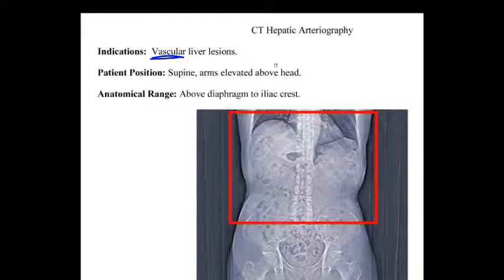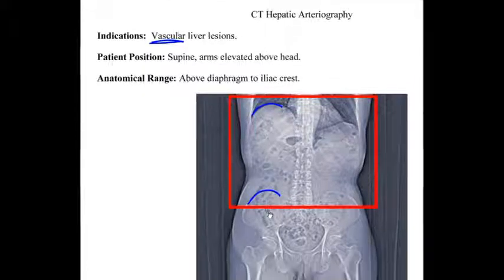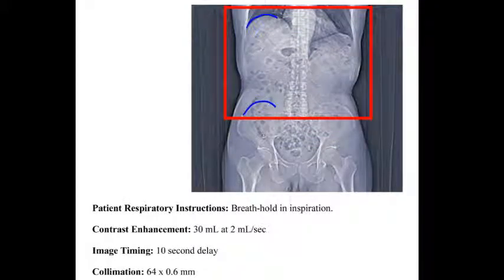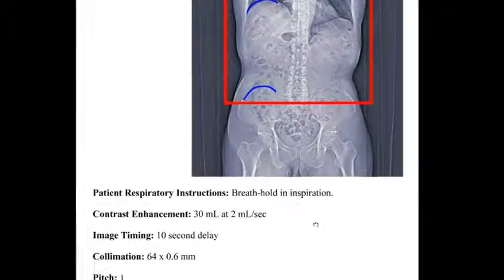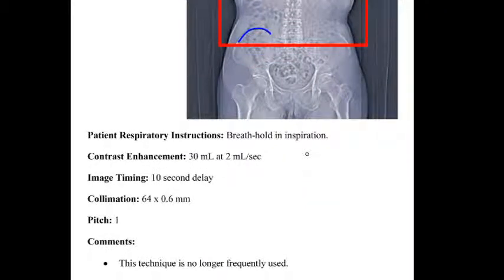The patient's going to be positioned supine with arms elevated above their head. And we're going to be scanning once again from the diaphragm to the iliac crest. The patient is going to hold their breath in inspiration. So all of that is the same as what we've been discussing. The real difference here